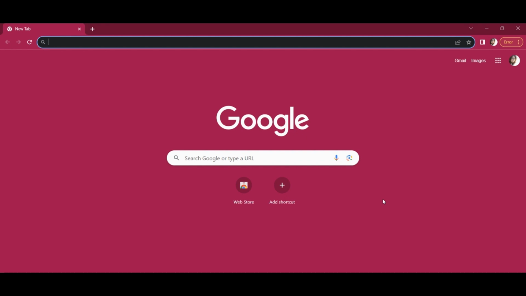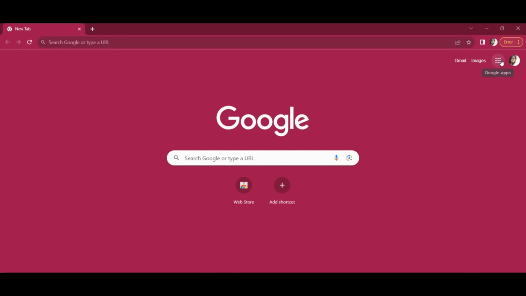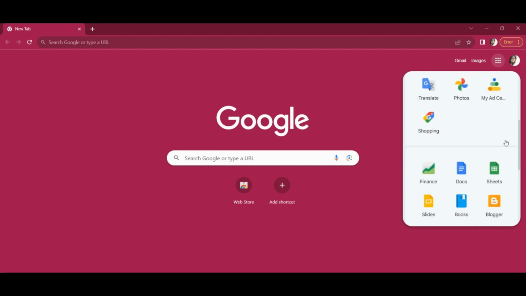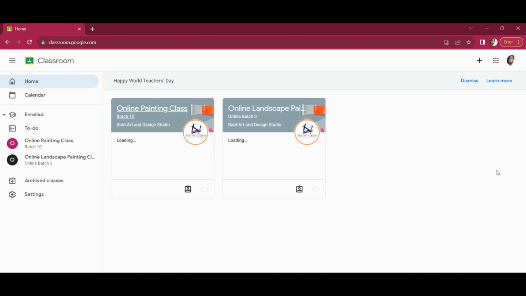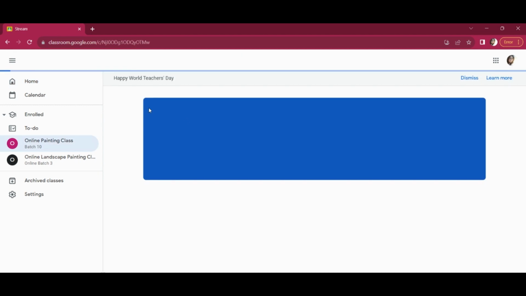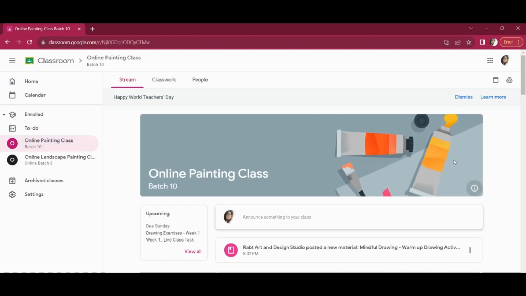Open your Chrome, and if you're using a mobile phone, then you are going to go straight to the Google Classroom. Here it is, the Google Classroom. So if you're already a student and you're enrolled in a classroom, you'll be able to see the classrooms, and you'll click on one of your classrooms. Now